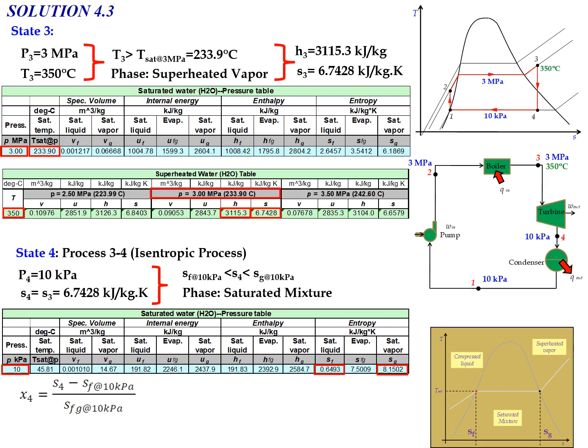So we will get the formula for the quality of steam at state number 4, where X4 equal to S4 minus SF at 10 kilopascal divided by SFG at 10 kilopascal. The value of S4 we already obtained, where S4 equal to S3. SF at 10 kilopascal and also SFG at 10 kilopascal we can determine by using the saturated water table. Okay, substitute the value, we will get the quality of steam at state number 4, X4 equal to 0.8124, which is